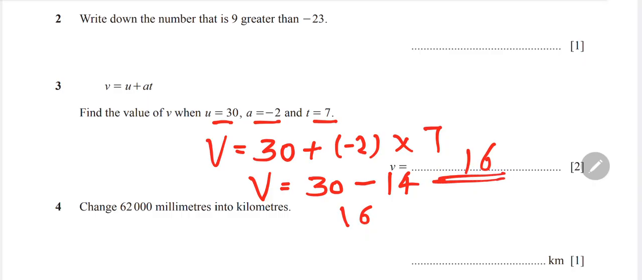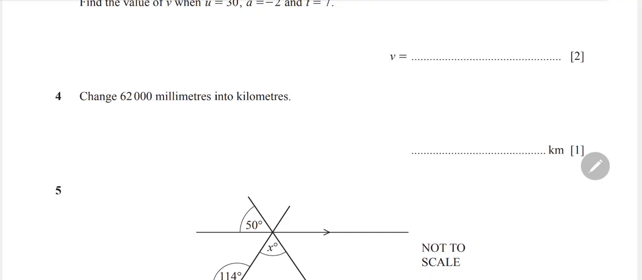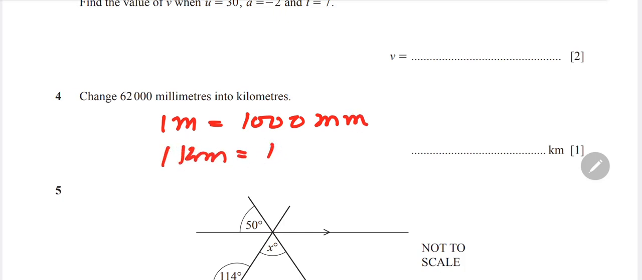Move to the next question. In the next question, change 62,000 millimeters into kilometers. We know 1 meter is equal to 1000 mm. 1 kilometer is equal to... Why do I use it in such a way? Many people are confused about the relation of millimeters and kilometers. Therefore I divide it into two units: 1 kilometer is 1000 meters. Now just use the value of 1 meter equal to 1000 mm. So 1000 multiplied by 1000